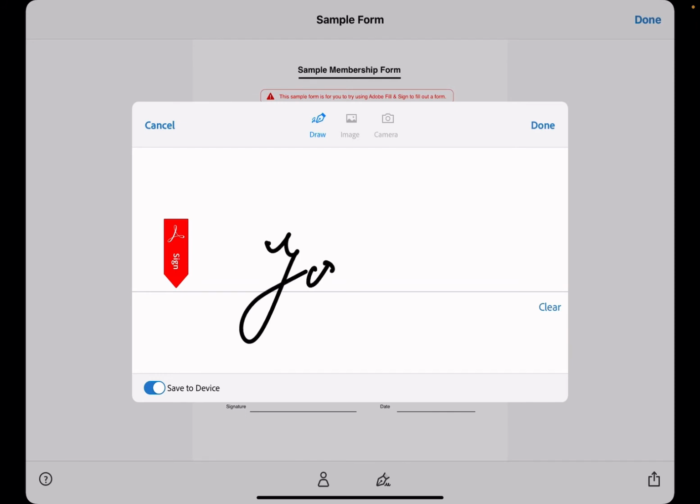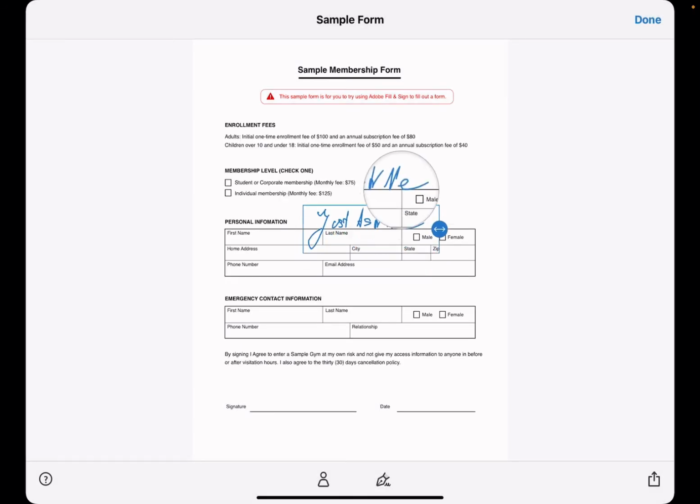Let's say just ask me. And when your signature is done, you just have to tap on done, and as you can see, it